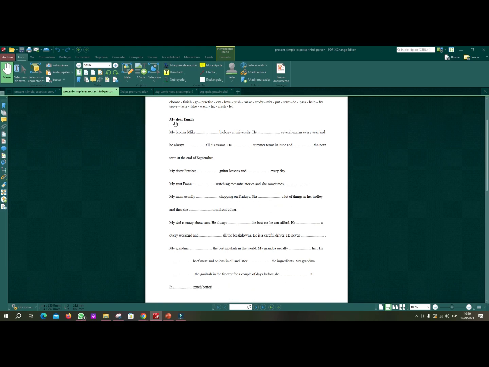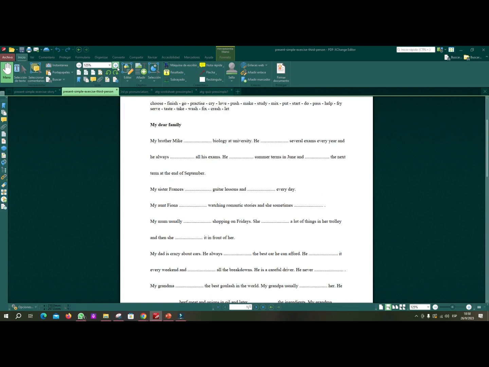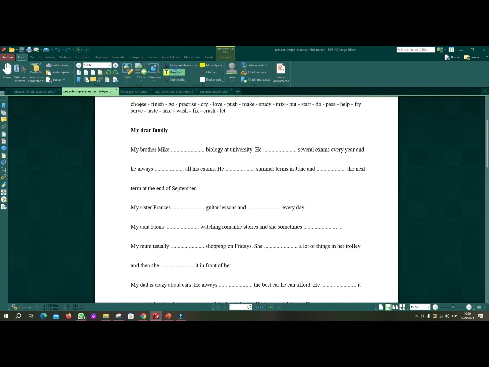There you have my dear family, but you are going to use these verbs that you have here to complete the text, right? Aquí tienen algunos verbos, los vamos a utilizar para ir completando el texto que tienen ustedes acá,